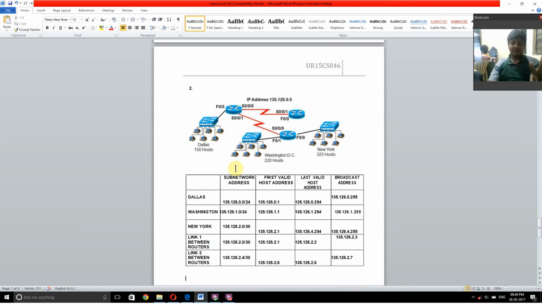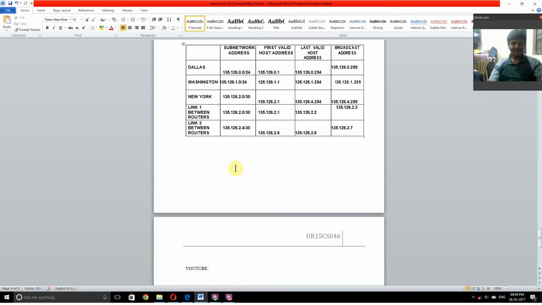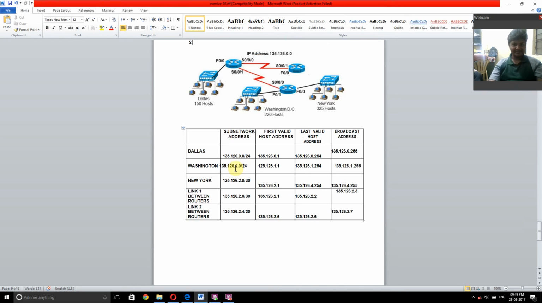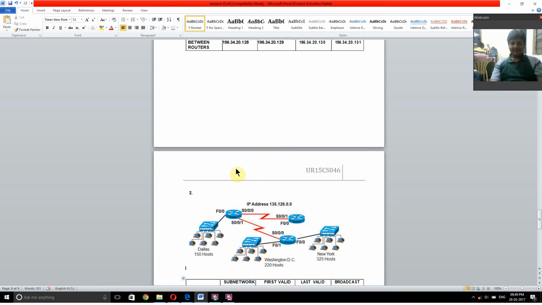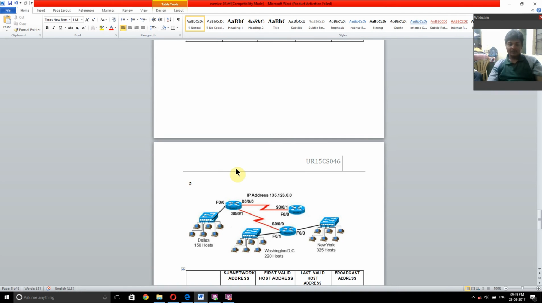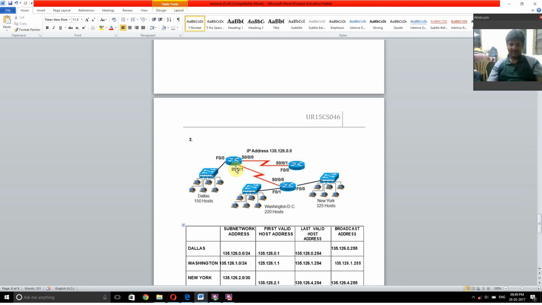The same topological problem is there for the fourth also. Lastly, this is the fifth question. Here the IP address given is 136.126.0.0, and one switch is for Dallas, given 150 hosts. For another city, Washington DC, there are 220 hosts, and for Newark they are given 325 hosts, and we have to connect the